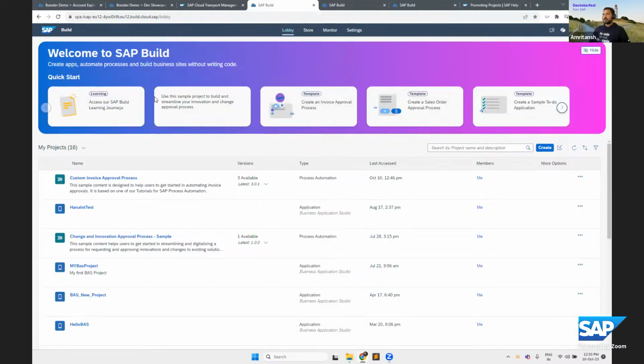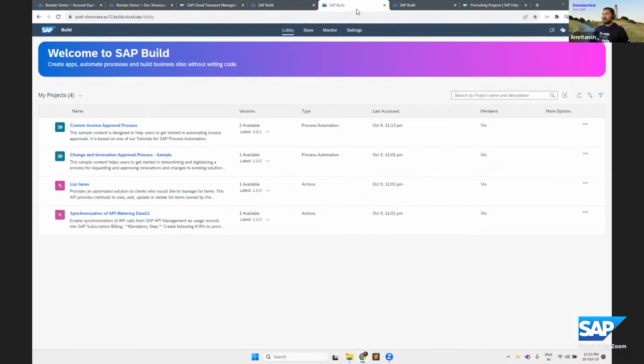One major difference is that the creation of projects is only allowed in a tenant which is classified as dev, which means if I go to a test or prod tenant, you should not be able to see these quick starters or the create option. This is my test tenant, where there are no quick starters and no create button. The maximum the user can do is import content which is already released or has a version associated with it, and that is all that can be done in the test and prod tenants, along with publishing or deploying the content to the public environment.